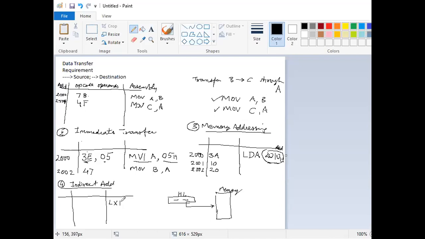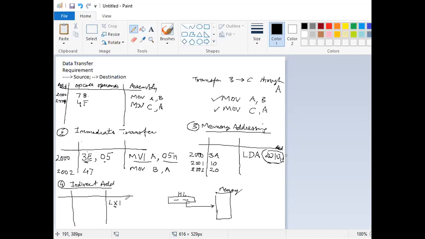LXI, load immediate. This is how we use it. MVI, move immediate, an immediate number into A. Similarly, LXI, load immediate, is for a 16-bit number. So this X stands for 16, hexadecimal 16.